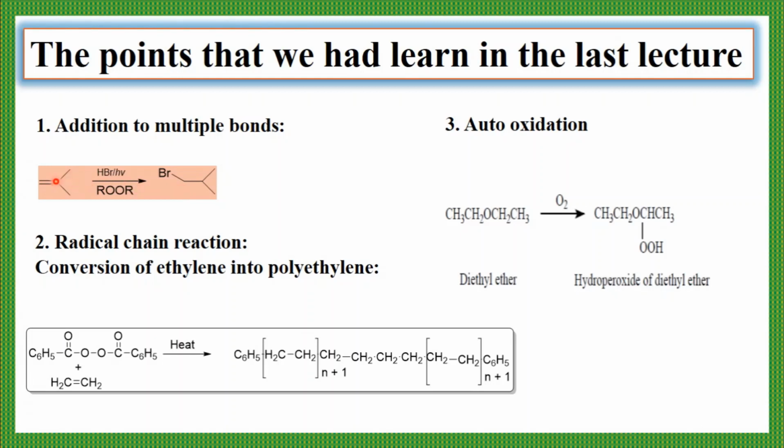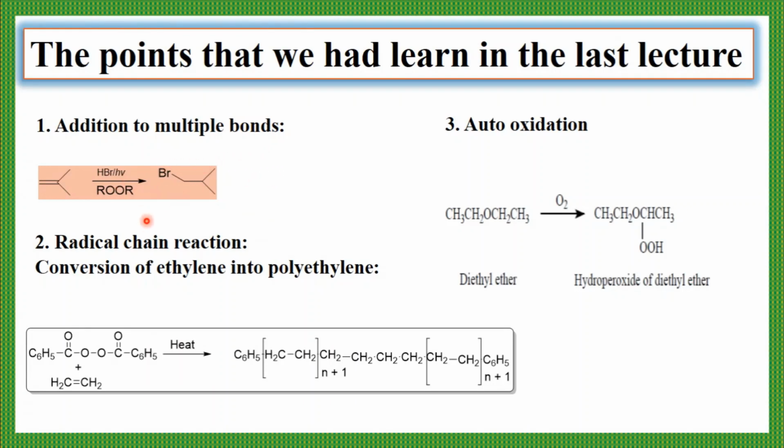Again, in the last lecture we had learned its reaction mechanism. So this reaction goes via three different steps. That is, in the first step, what happens, this dialkyl peroxide is homolyzed by heat or light. So it having this weak bond, oxygen oxygen single bond. So this bond is called as peroxide bond, and that bond undergoes homolysis by heat or light to give two alkoxy radicals. So we'll get two alkoxy radical, that is RO radical.